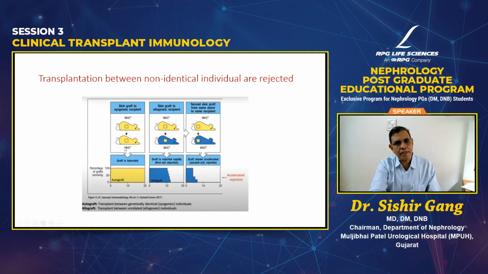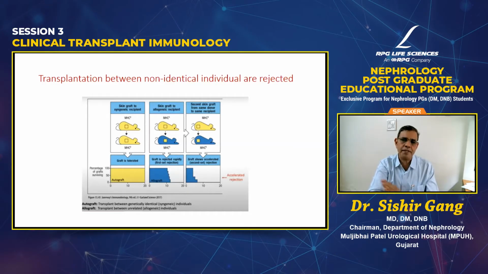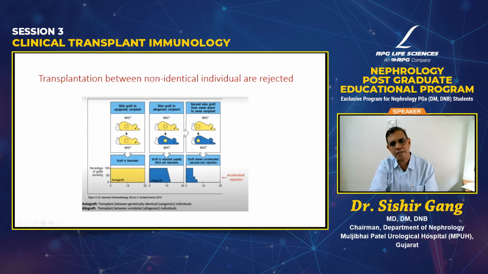When you graft from the same individual or a genetically identical individual, also known as a syngeneic graft or isograft, the graft is accepted; a graft from the same individual is also known as an autograft. If you transplant skin from an allogenic donor, allogenic meaning genetically unrelated but of the same species, the first time the rejection happens over a couple of days. But if you do it again, the rejection is much faster, or accelerated. That is because of the memory cells. The third category is a xenotransplant, where you transplant an organ or tissue from one species to another. We will talk today mostly about allotransplantation because xenotransplantation will be a talk by itself.